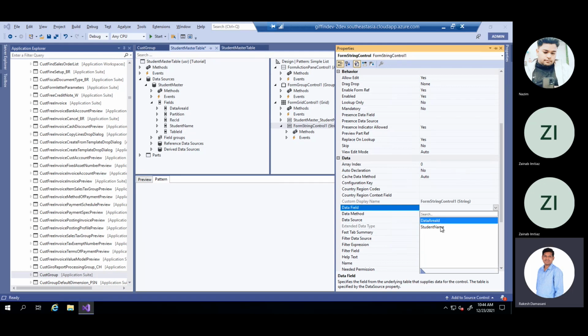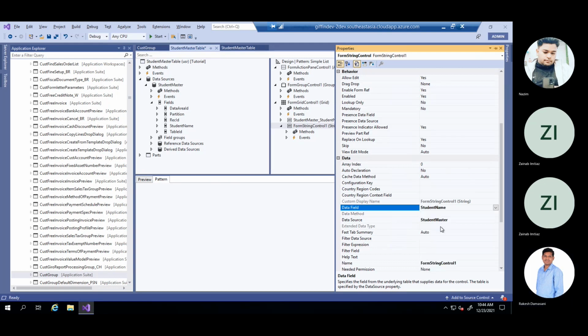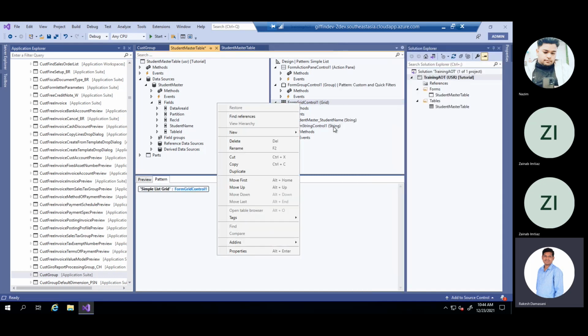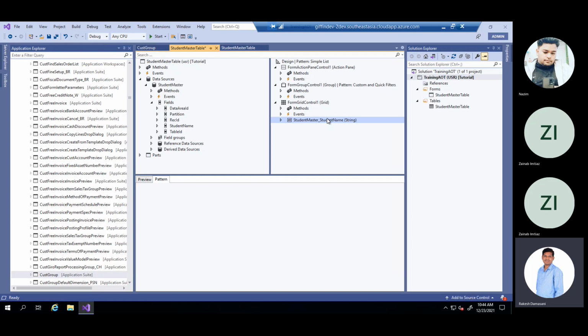Data area ID is created by the standard system. Whichever table we create, the system by default will create a field of data area ID to identify in which company we are creating the data. So instead of right clicking and creating a new field, it can be done in an easy way. Select that one, drag and drop.